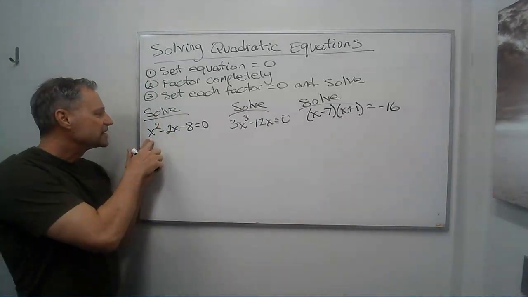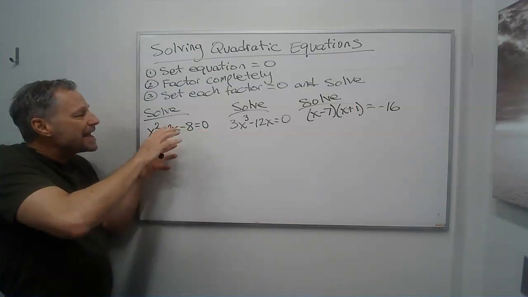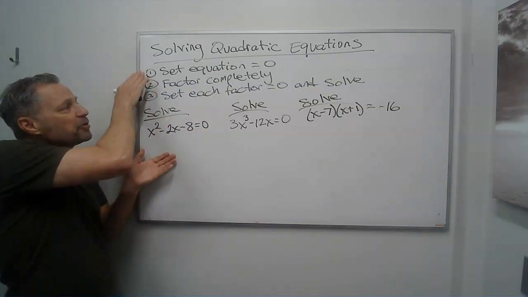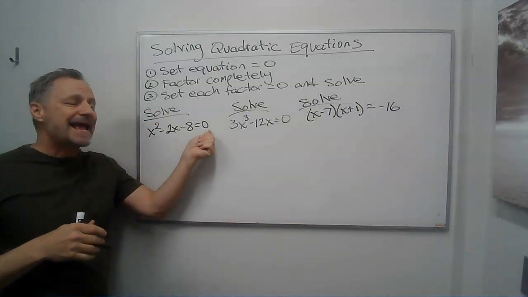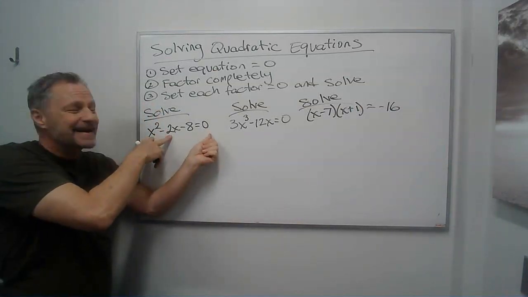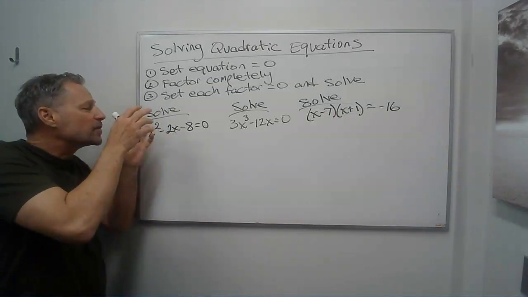So I've got this quadratic equation, and it's already equal to 0. Now, we want it in this form. That's perfect. Number one's already done for us. What I'll see some students do is they'll add 8 to both sides and then try to factor out an x. That doesn't work. We have to use the property of zero product,